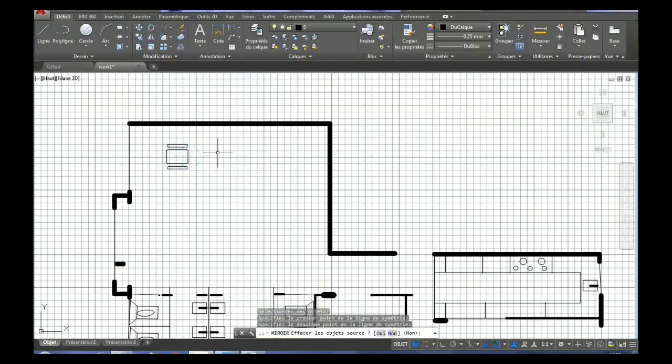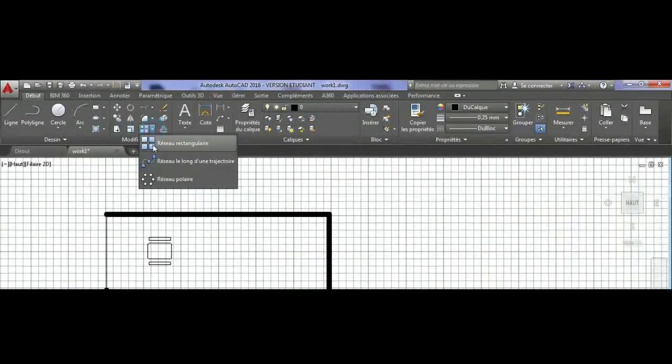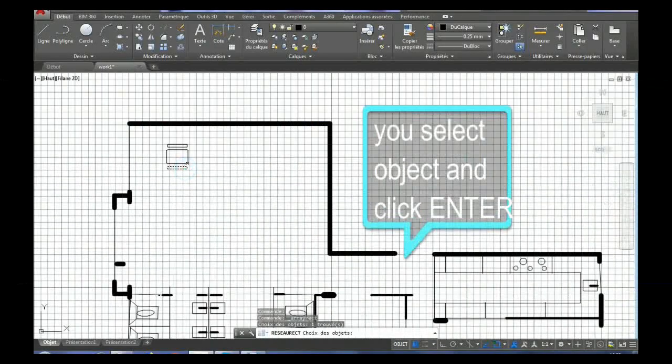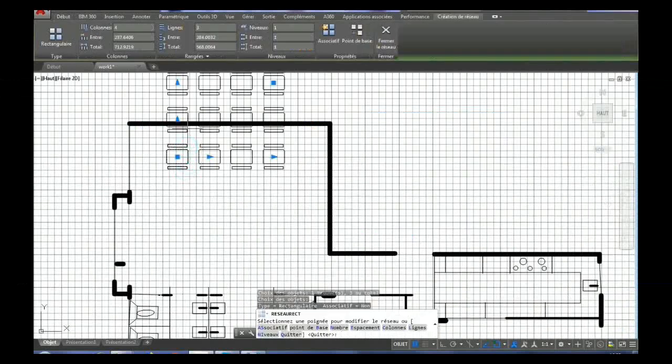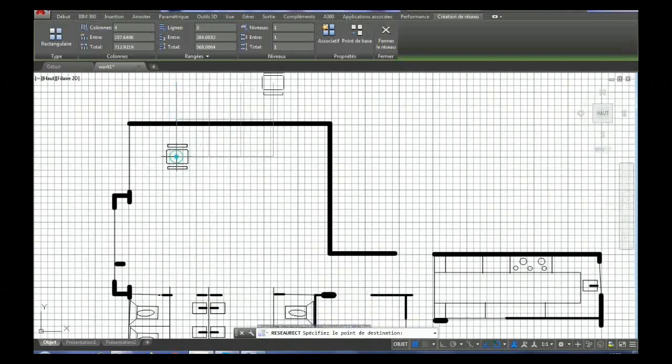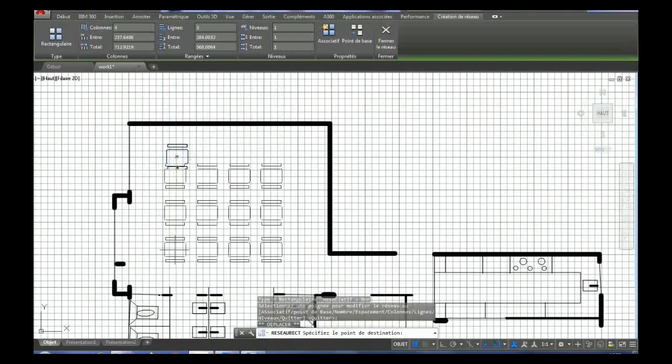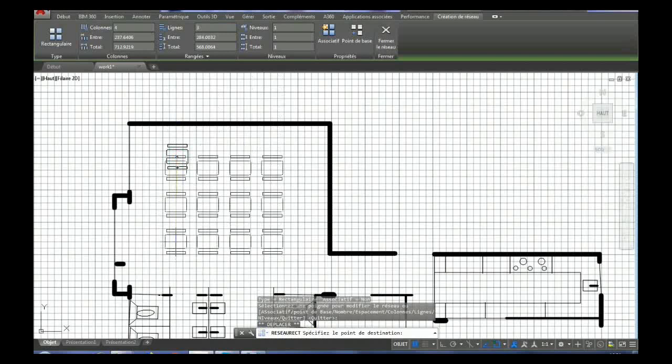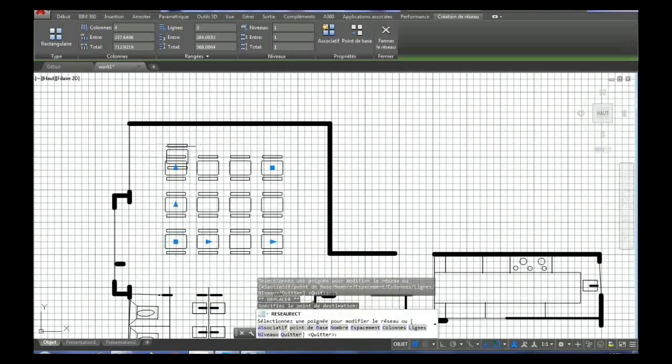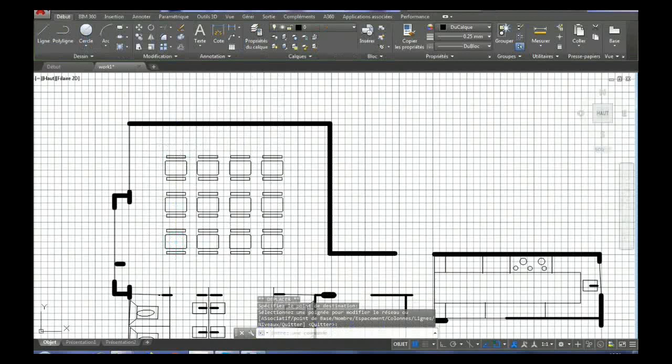As you see, this is the place to sit down and eat. So try another command, the array of rectangles. I select all the objects, enter, and I have multiple copies of the same thing in each way, creating a rectangle. So enter, and I have